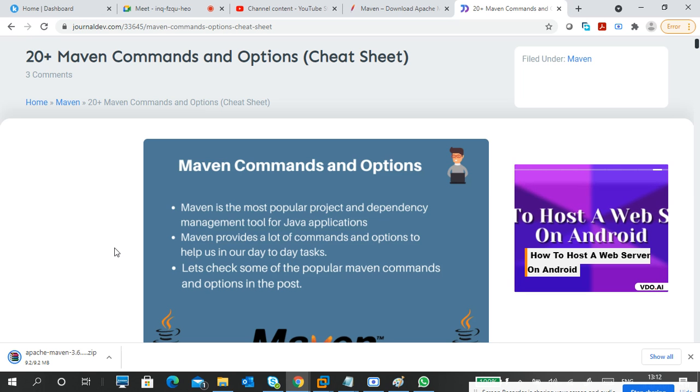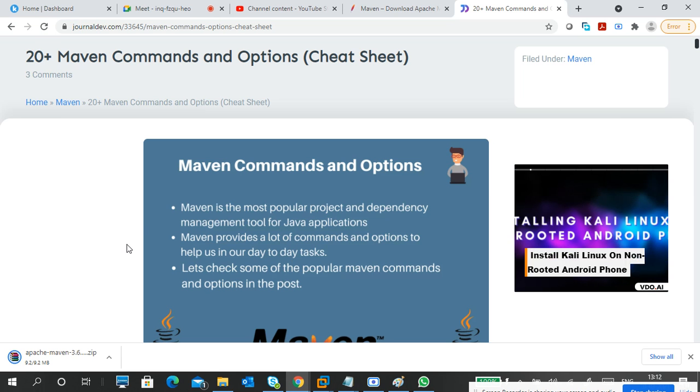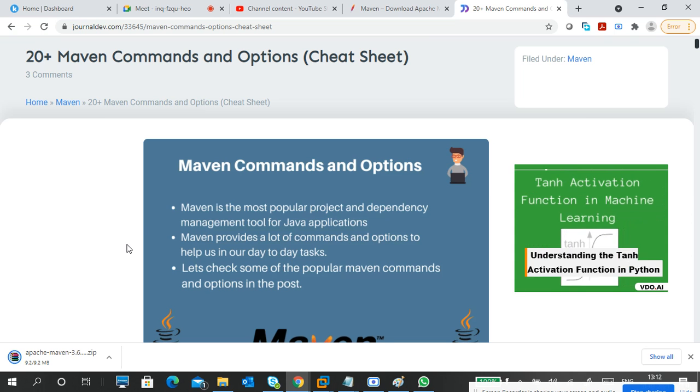When you have completed the coding and want to build it, to generate a jar file or war file, you can use simple commands with Maven. To test your code, deploy or compile, all these things we can do with Maven.